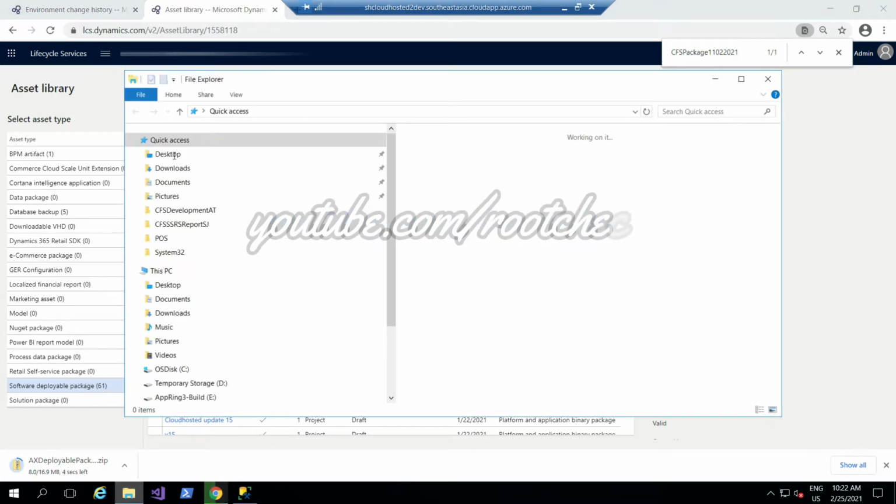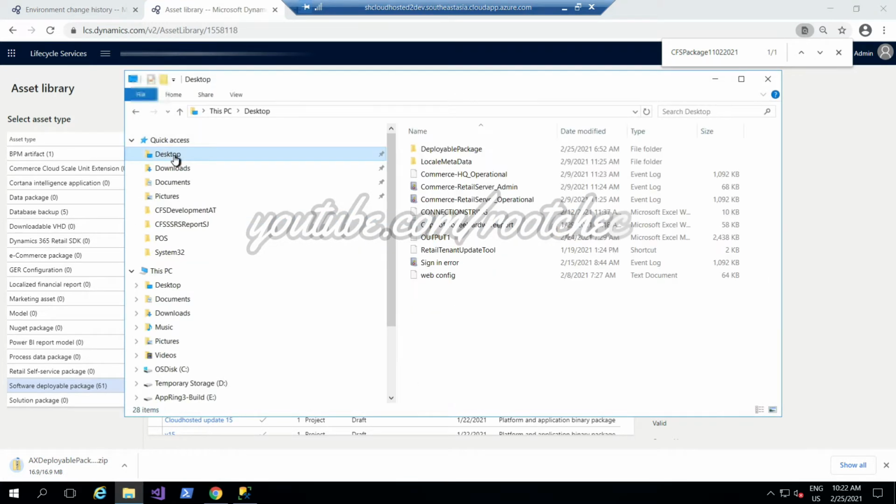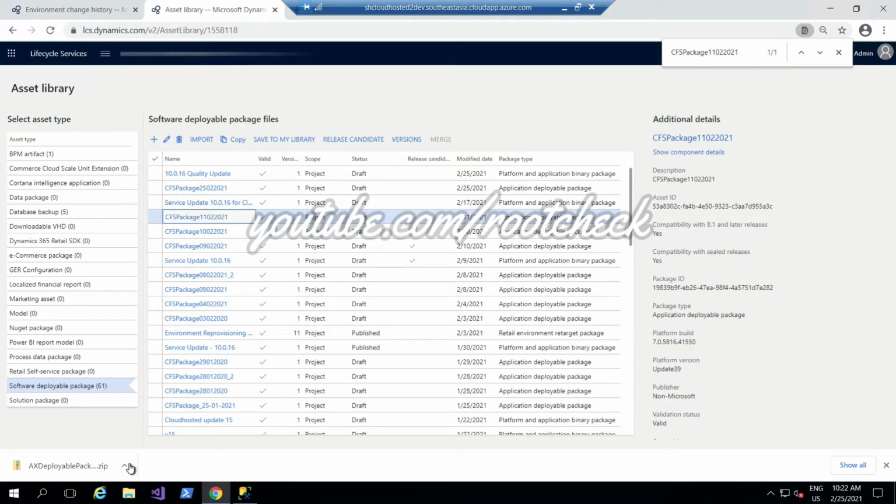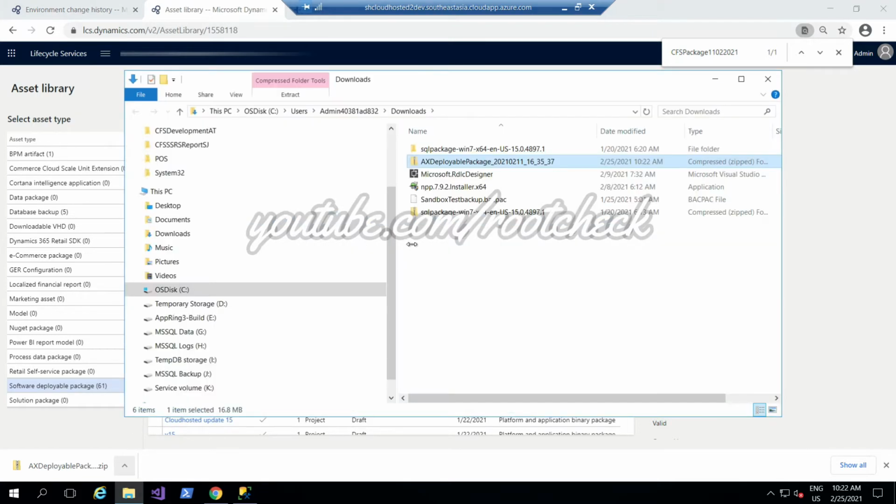Let our package download. Meanwhile you can check the deployable packages for the last deployed package from your development or cloud hosted environment. But in our case I have preferred to download the package from the asset library and then do the required step from that package.